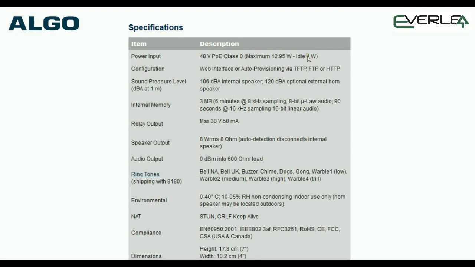Now, an Algo 8180 at maximum power draw is 12.95 watts. That is generally at paging or ringing at full volume, so the amplifier is really cranked up. At idle, it's only 1 watt. So when you're putting together your solution, just manage what PoE switches you are using, or what PoE switches the customer has got, and be aware of the trap,